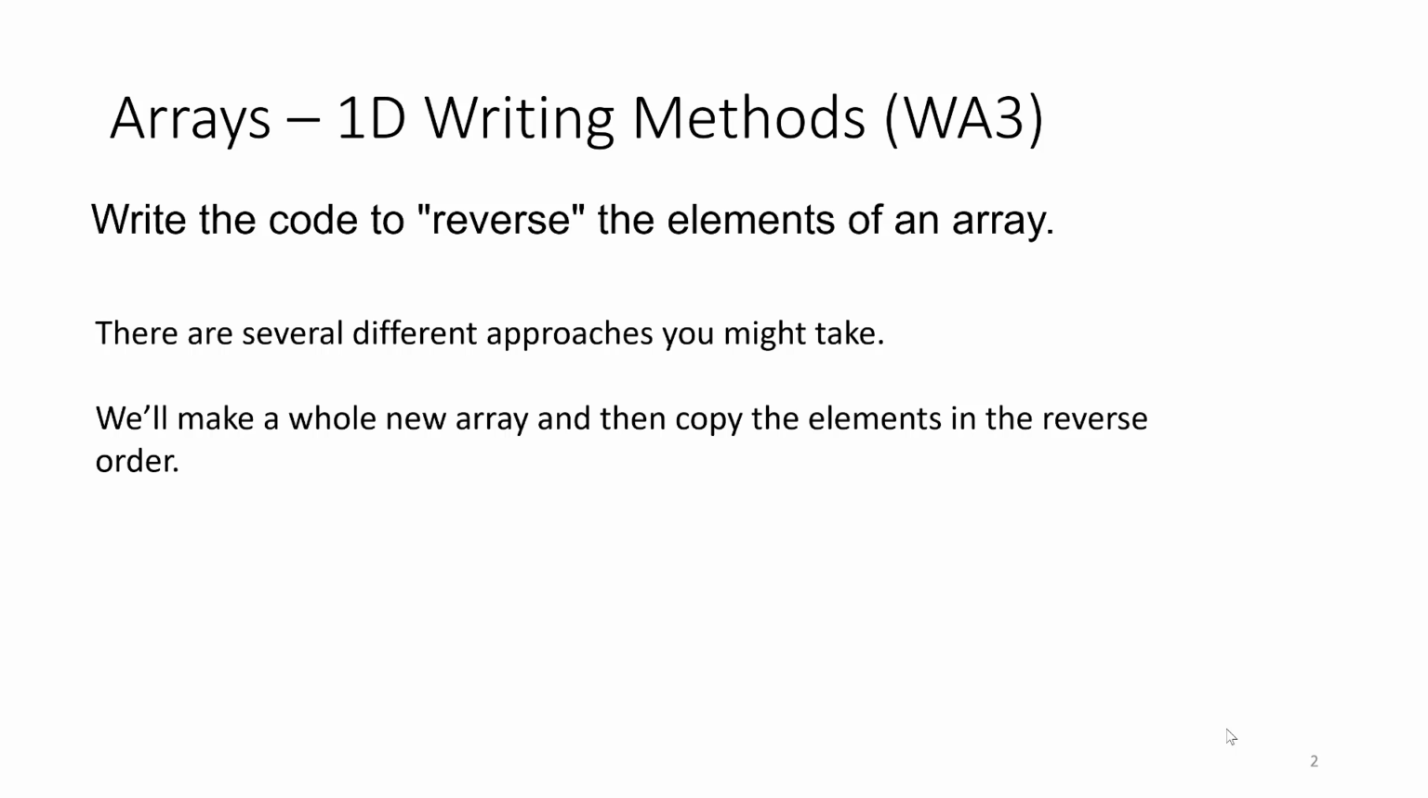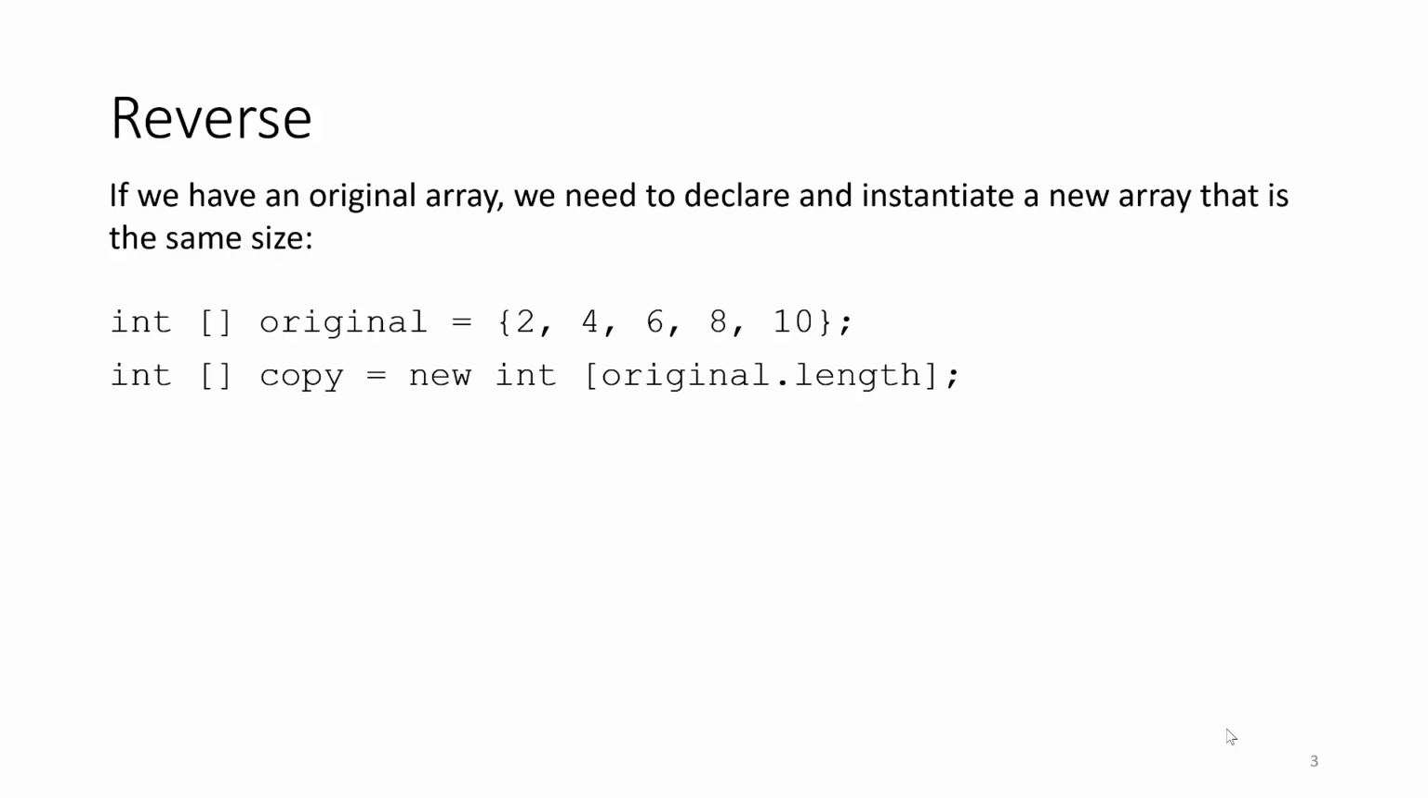The first solution that we'll look at here will make a whole new array and then copy the elements in the reverse order. This example will be similar to the worked example where we did a reverse traversal of the array. If we have an original array, we will then need to declare and instantiate a new array that is the